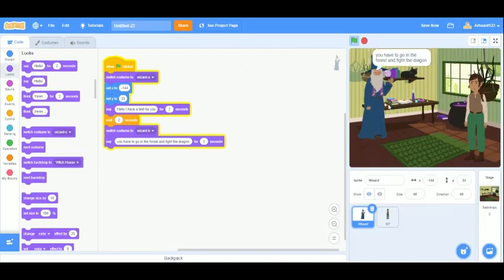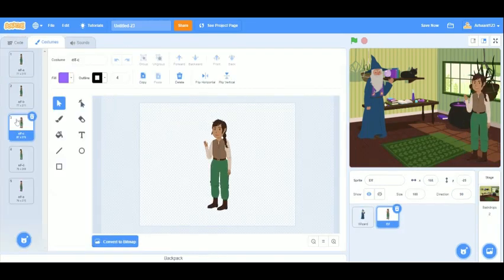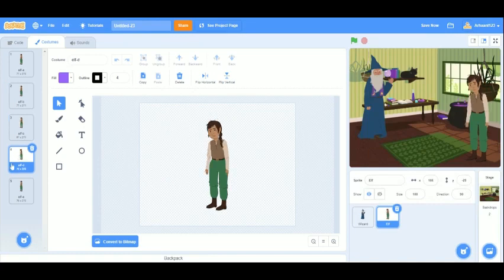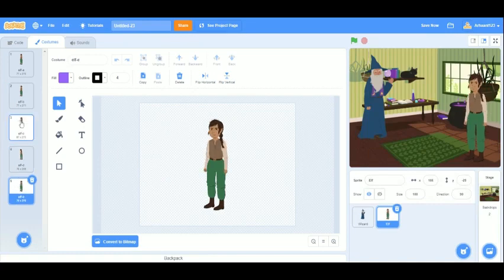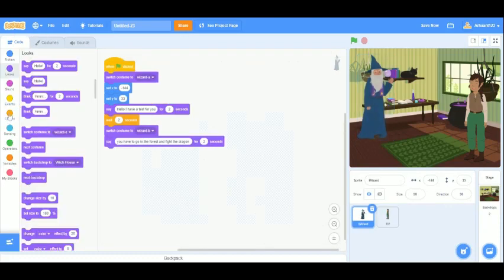Now his hand will go up and we can change her, we can put this one here. After he says, we can make him say,